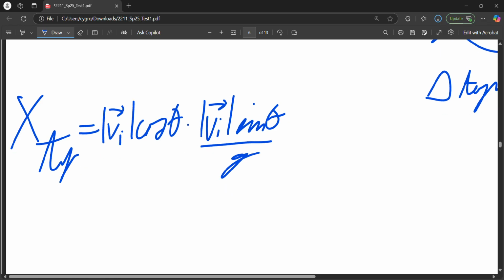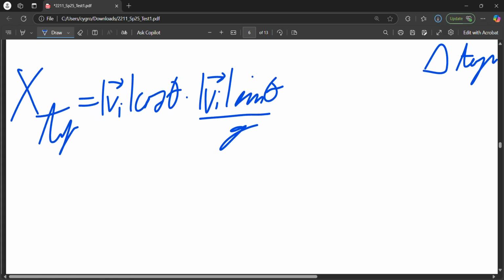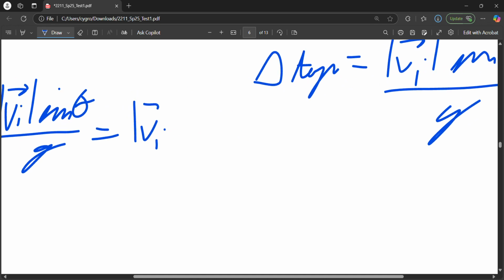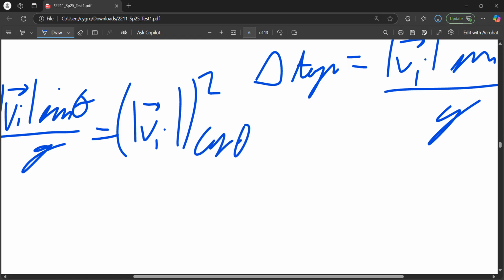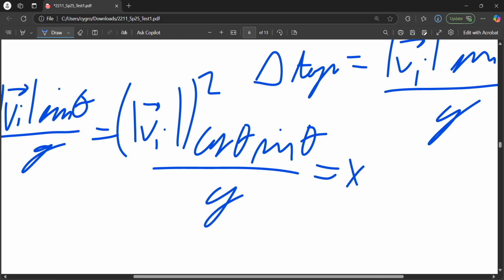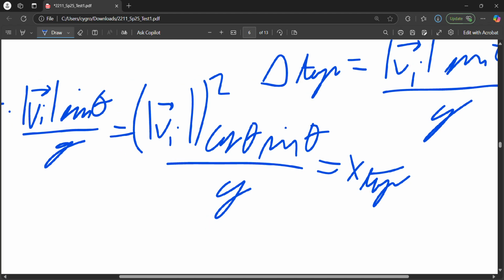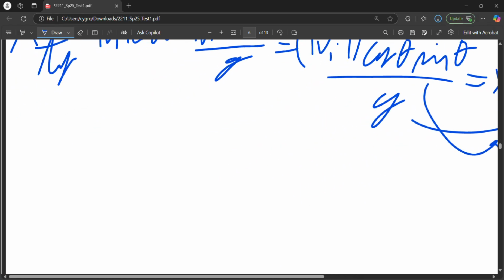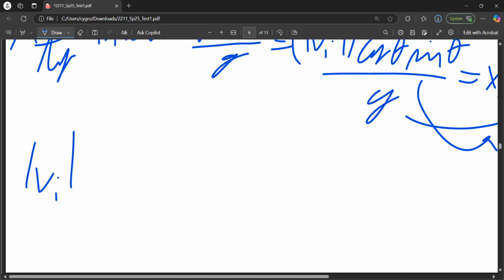So, what we can do here is simplify this down into VI squared cosine theta sine theta over g equals x top, and then we can move everything over to this side, leaving v on its own, so we can move the g and then divide by cosine sine, and that'll give us